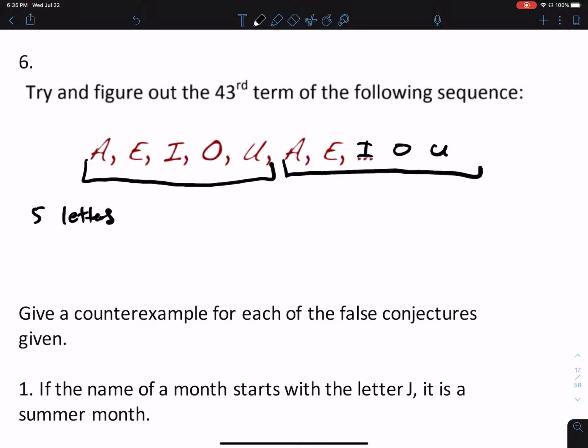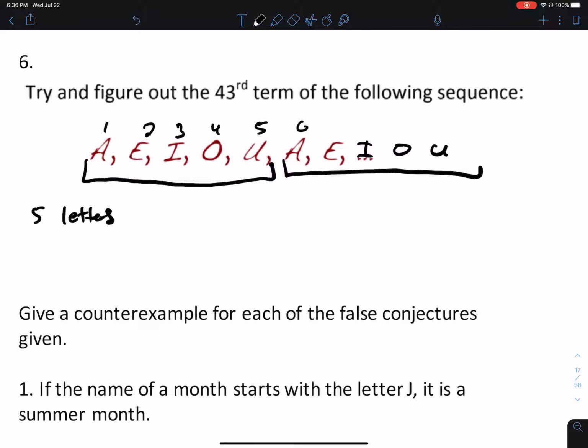And then it repeats itself. I'm going to show you a method that you could use to figure this out. There's lots of different ways to think of this. If you don't like what I'm going to say, and you have a way that you like better, that's cool as well. Since there's 5 numbers in the pattern, this would be the first, second, third,